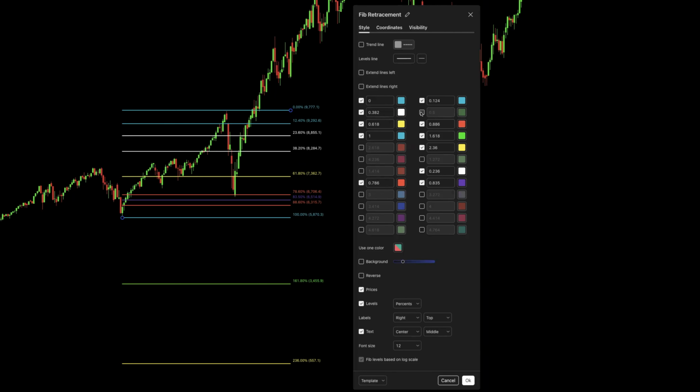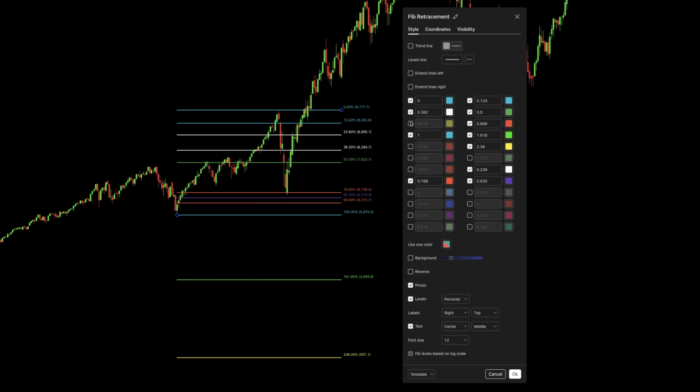The 50%, 0.5, that's a very important one. 0.618, that is our golden ratio right there. And then some other ones, the 0.786, very common number. I've got the 835, which is basically the middle between the 786 and the 886. Then the most important ones as well that you definitely want to have